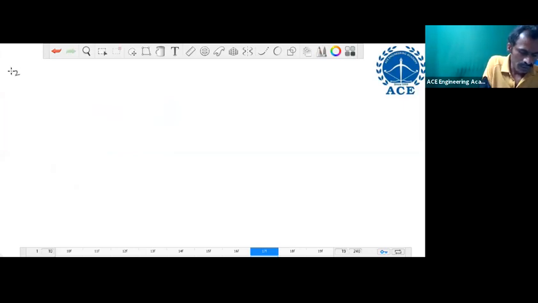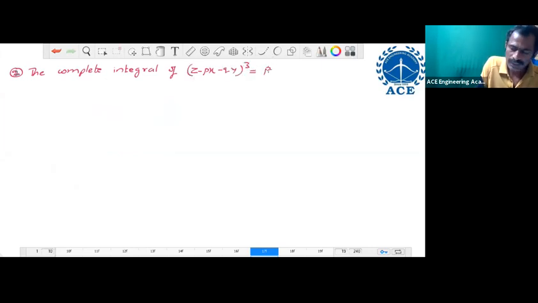Problem number 2. The complete integral of z minus px minus qy whole power 3 equal to pq plus 2 into p square plus q whole square is